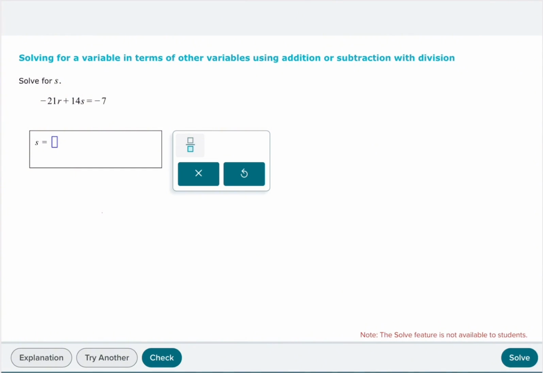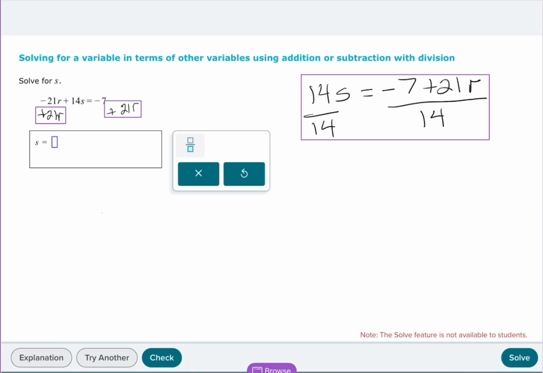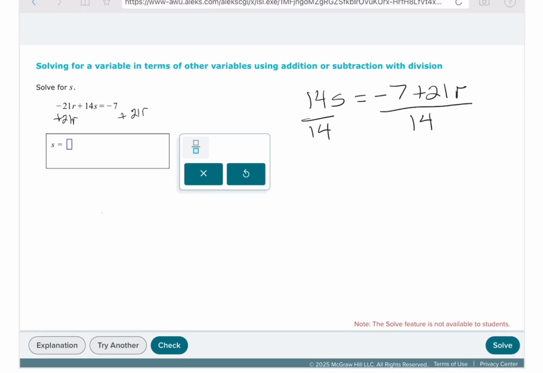So what you want to do, I can even do it right here, add 21R to both sides. And then I'm going to write my result over here. So 14S equals -7 plus 21R. And then the only thing I can do from that point is divide both sides by 14. Now, my professors would have wanted me to put this in simplest form, but it doesn't seem that ALEKS wants that here, so